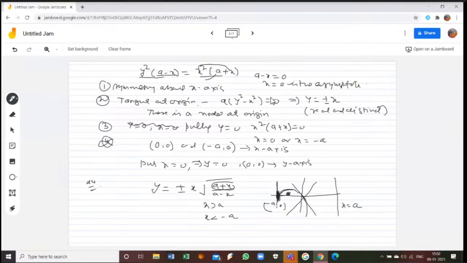And similarly here it is symmetric about the x-axis. So below this curve, the same type of curve will be there, touching this line y is equal to x, and it will go up to this one. We have made it like this, but ultimately it will be parallel to the asymptote like this one, and here it will be parallel to the asymptote, and this will be the tangent. Okay, so this is the tracing of this curve.